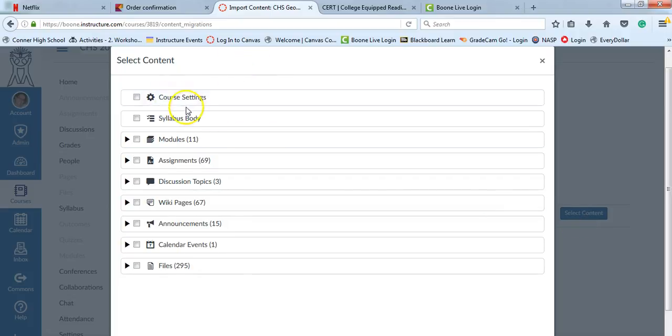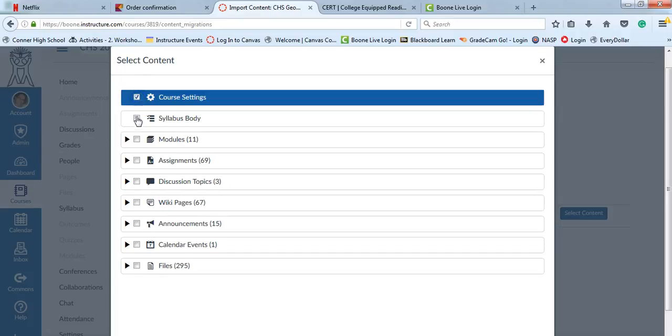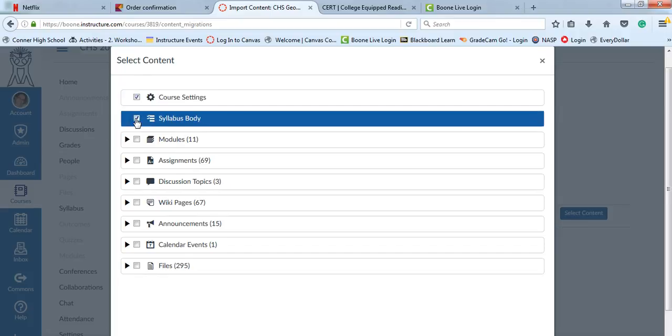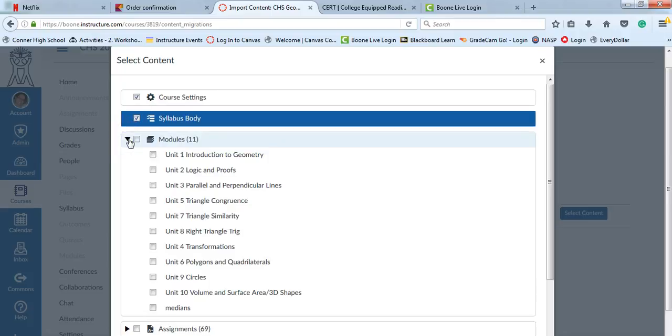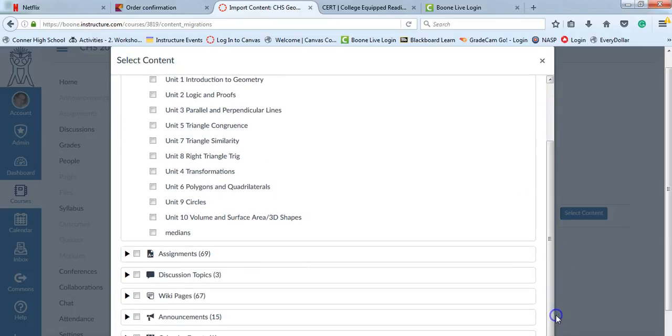And so when we are selecting the content, do we want the course settings? Probably so. The syllabus, you can have your syllabus, or that can be something that you add later. Modules, if you notice, it has all the different modules that we had in that particular course. Assignments, so I do want modules,